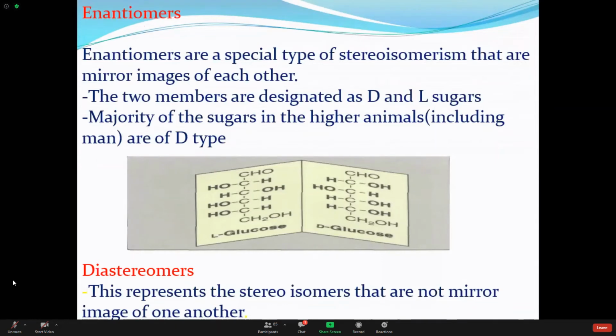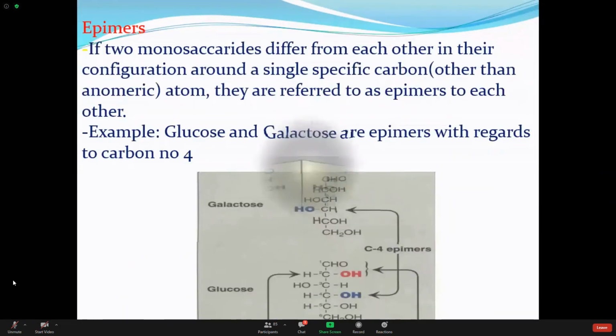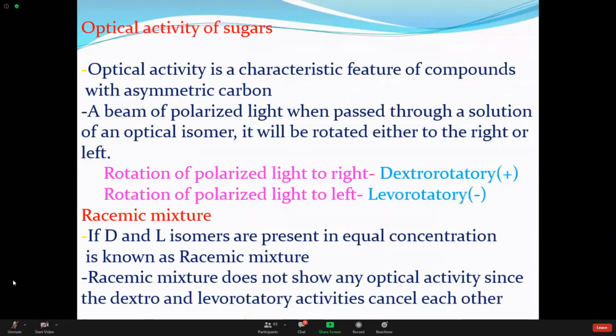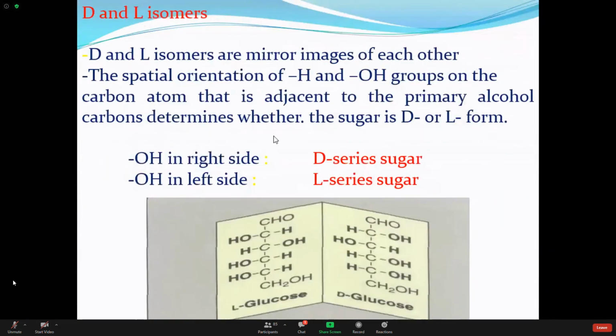Okay. Now comes the next variety. So, epimer is over. Now come to the next variety, that is called enantiomer. What is the meaning of enantiomer? Look, enantiomer is nothing but a mirror image to each other. So you can tell the D and L variety, whatever I told before, it is nothing but an enantiomer. Am I clear?